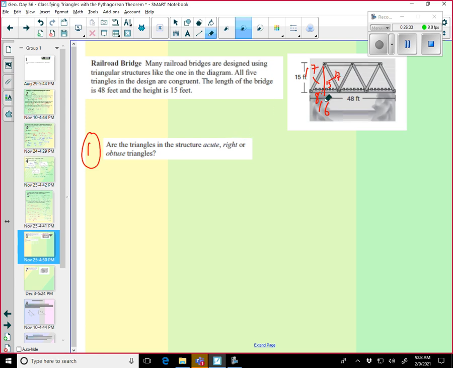These two are 17 units and this base is of 16 units. That you can compare and say whether it is acute, right or obtuse. You have to see 17 square plus 17 square and compare it with 16 square. So 17 is the largest side, so you compare with 17 square and 16 square.